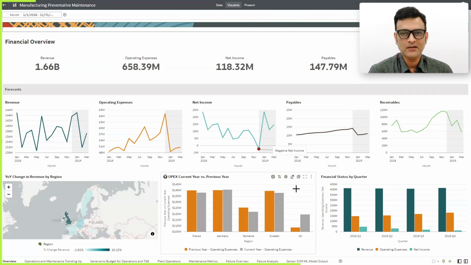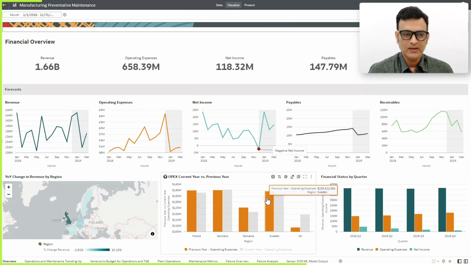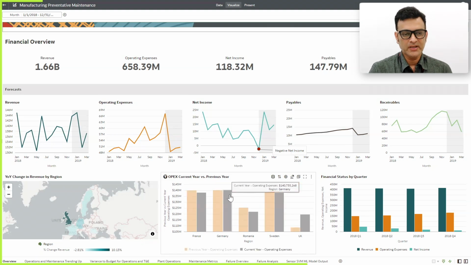Now when I do the comparison of the operating expenses at the plant level, we can clearly see that for UK, the current year's expenses are much higher when compared to the previous year. Whereas for the other 4 plants in 4 different regions, they are more or less in line. So either they are less than the previous year or maybe slightly higher. So with this insight, it could be the UK manufacturing plant where there are some issues and increases in operating expenses that could be leading to this decline in net income, right? So now we would like to do some more analysis on this particular UK manufacturing plant.